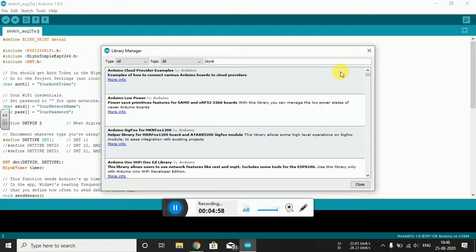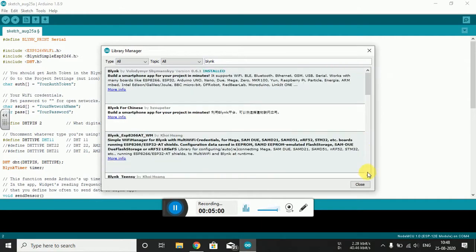Now suppose I am writing Blink. Once I enter, it will show me the respective associated library that is required. Okay, so it's the Blink library. I have already installed it. So you need to install this specific associated Blink library for ESP8266. In the same way you need to install the associated library of the DHT sensor.